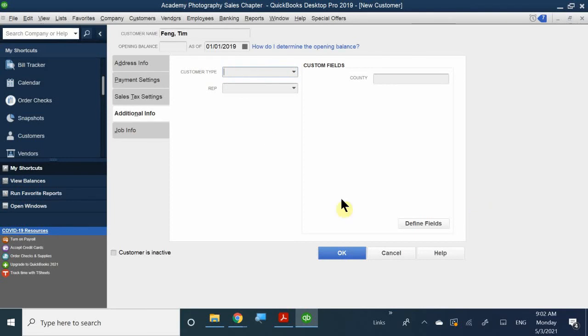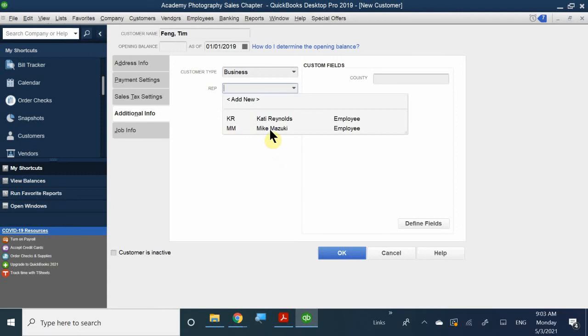Okay. So we've seen this before, right? Through our custom field section. In this case, for my customer, what kind of customer type do they belong to? So again, if you drop it down, here it's expanded to either wholesale, retail, or referrers. So you may give discounts to those customers that refer other people to your services. Okay, but in this case, I believe it is a business person, and the sales representative is going to be